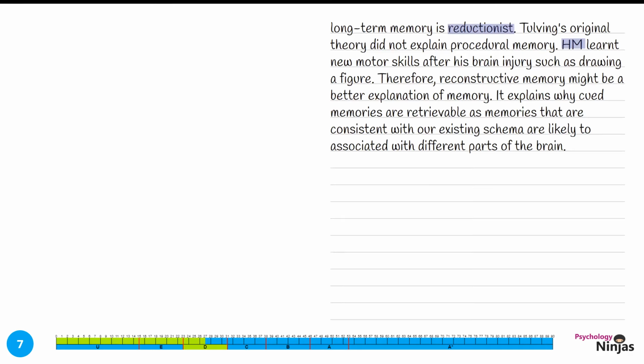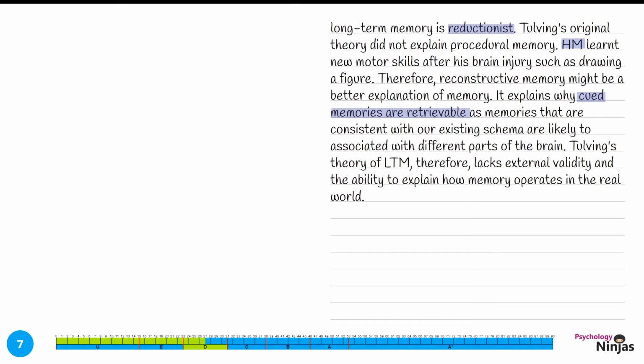Whenever we introduce a different theory, it's really important that we say why this theory is better, that this explains cued memories being retrievable, which we've already made reference to when we talked about the cued nature of episodic and semantic memory that wasn't addressed by Tulving's theory. We're going to make a final link here to give another mini judgment. Tulving's theory of long-term memory therefore lacks external validity and the ability to explain how memory operates in the real world. By referencing external validity, we're saying that this is not accurate and doesn't reflect how memory might work in